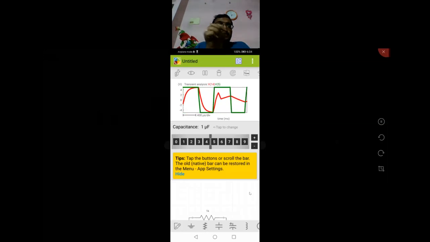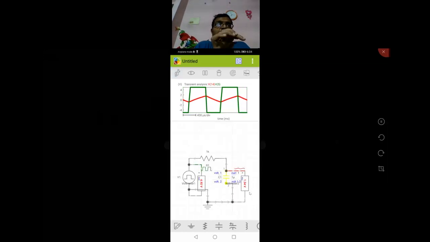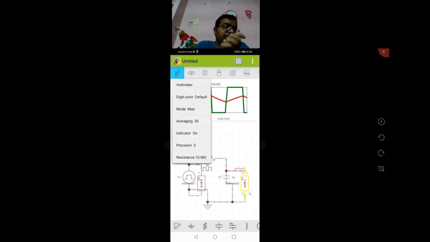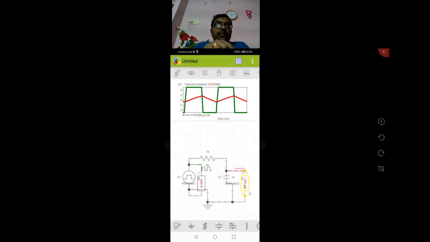The red graph indicates the output. Deselect E option there, the window will go off. Now you can see the waveforms, and here the maximum value is 1.54, and if you want to change the value to minimum value, one more time you can see. You can see the minimum value. Okay, nearly minus 0.7 volts.